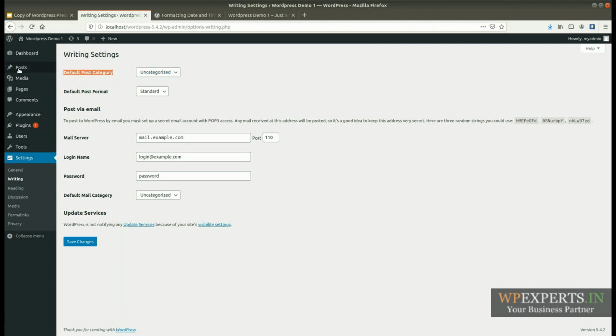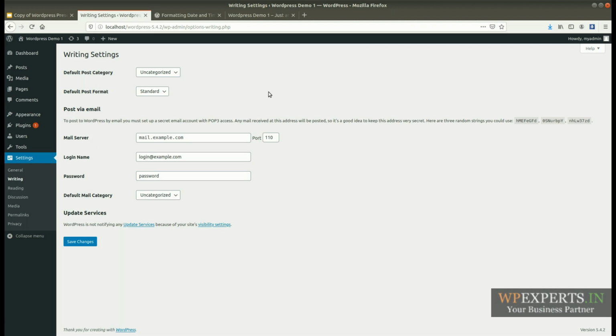For example, if you want to make a new category, currently there is only one category, uncategorized, which is created during the setup of WordPress. And if you want to define a default category other than uncategorized, in that case you can choose the category here.